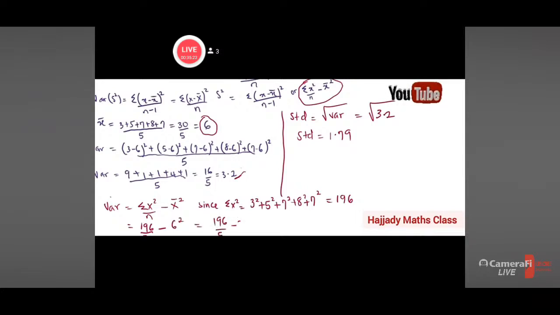Solving this further, I'm going to get 3.2. So calculating the standard deviation is still going to be the square root of 3.2, which is going to be 1.79. So this is for the standard deviation and also for the variance